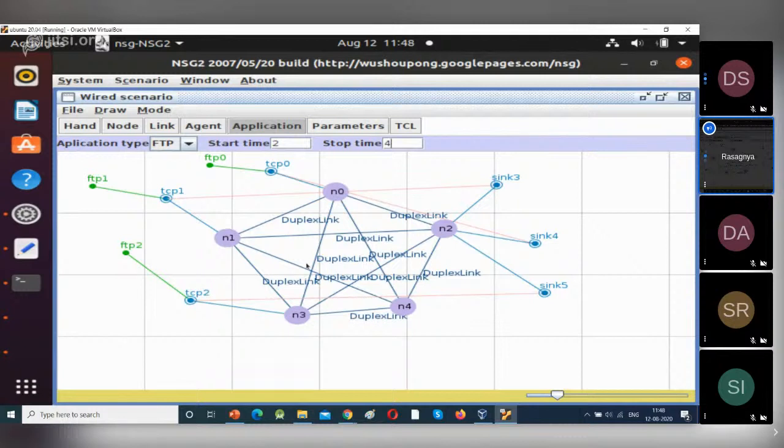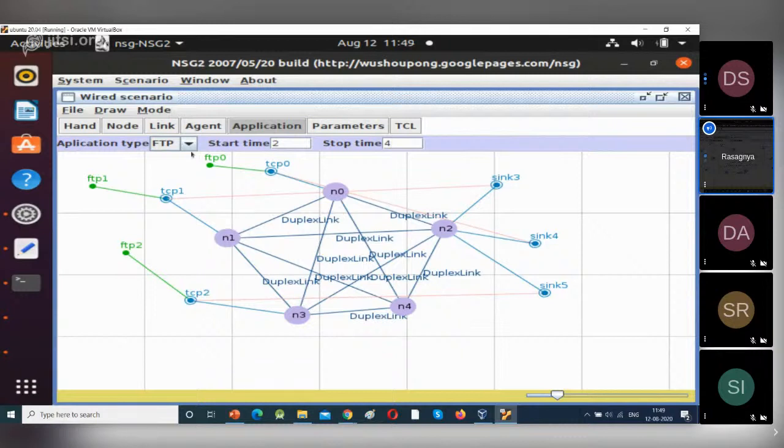So this example shows that we can use one device as multiple senders, and we can also use one device as multiple destinations. We gave 3 different senders, but the destination for all these devices is only one. For each and every TCP, you have to connect the sink. So we have connected 3 TCPs, and for each TCP, we have connected a sink.